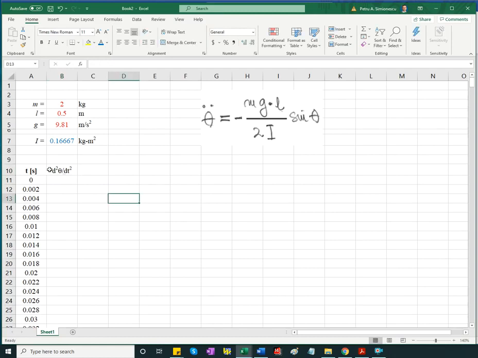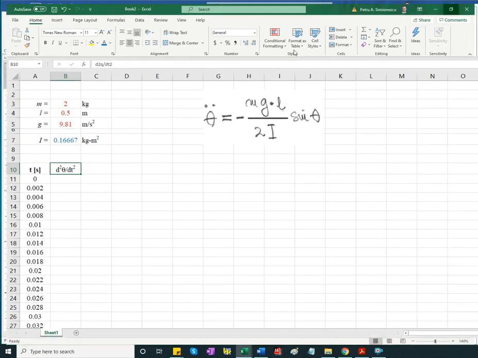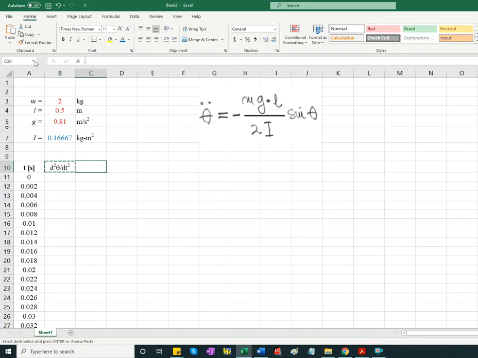Alright, so I have d2 theta over dt squared, and this is going to be, so copy and